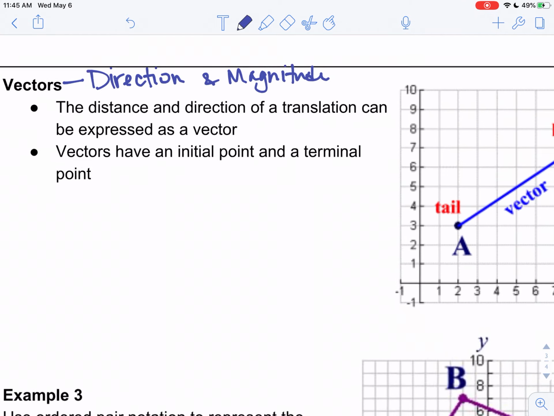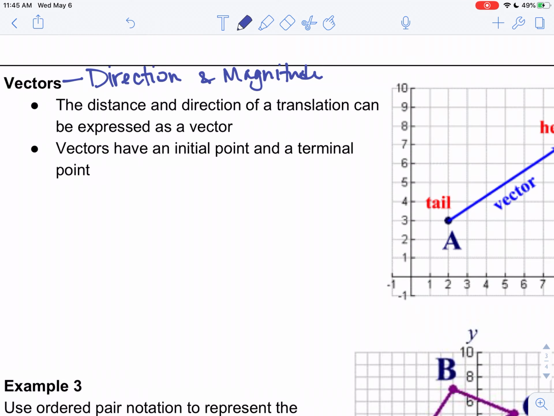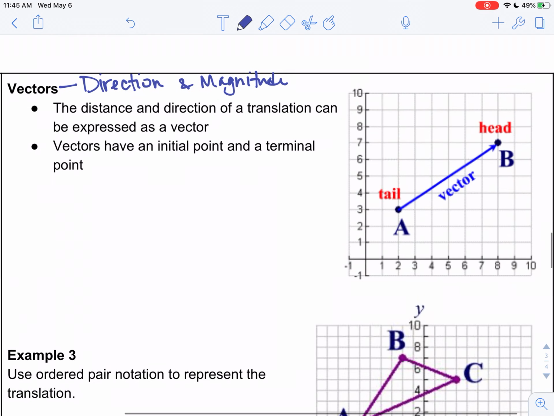So the distance and direction of a translation can be expressed as a vector, and we have an initial point, known as the tail, and a terminal point, known as the head. When we are writing out vectors, our key thing is that we're going to use pointy brackets, okay? And it's going to be represented by an x and y, so how far over we move and how